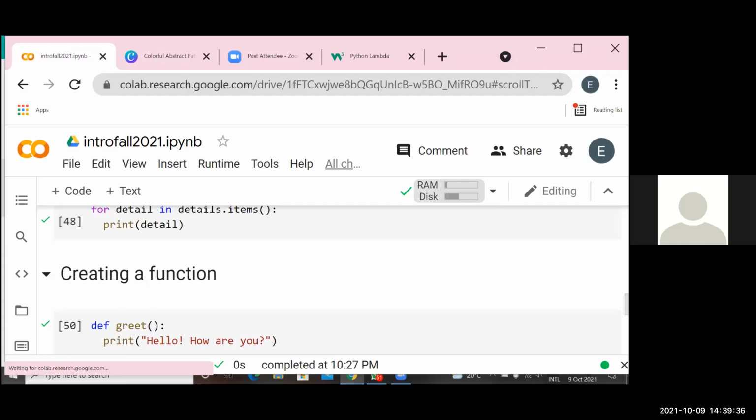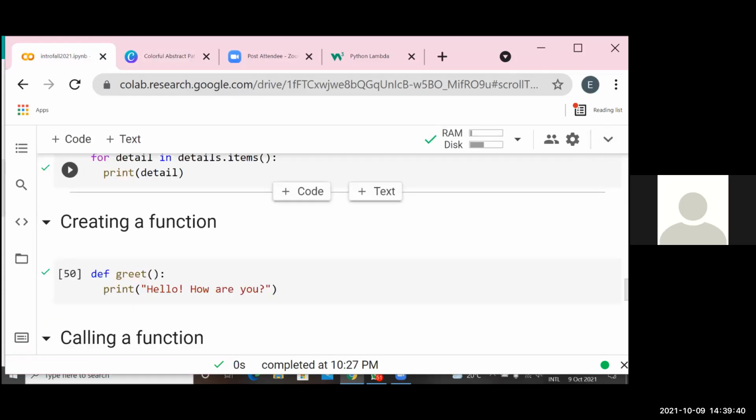Okay, let's create a function. Let's say we want to create a function that greets you, just says, hello, how are you? We said we use the keyword def. We call our function greet. We have the brackets. Our function at the moment does not have any arguments or parameters.